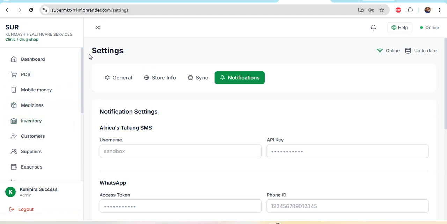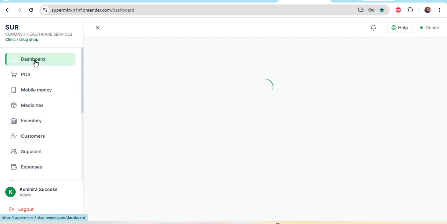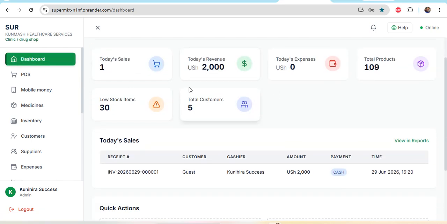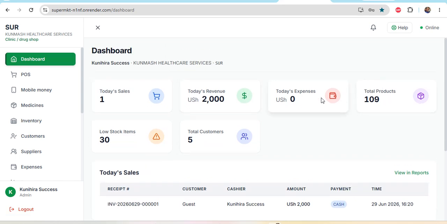So this is how the store or supermarket management system works. Members, I call upon all of you to come, subscribe, and have your business managed wherever you are. If you are in Kampala and your business is in Kagadi, or it has branches, you'll be at home and see things happening on your phone or laptop